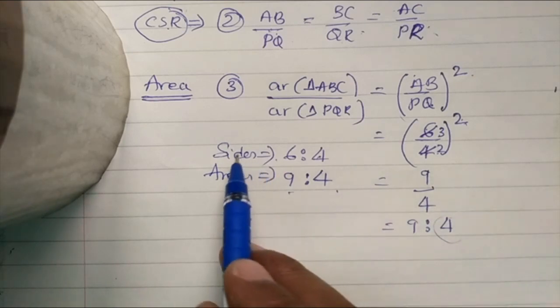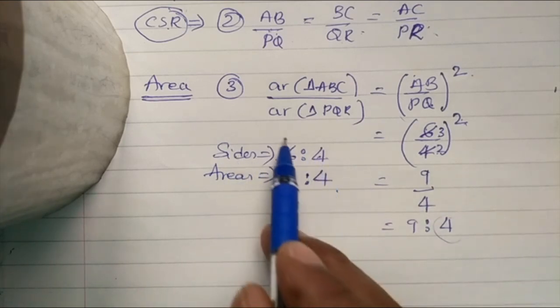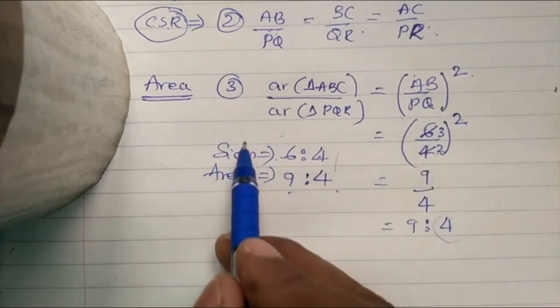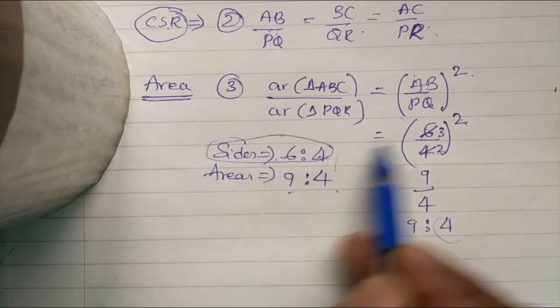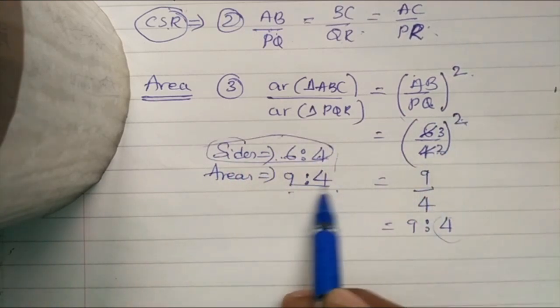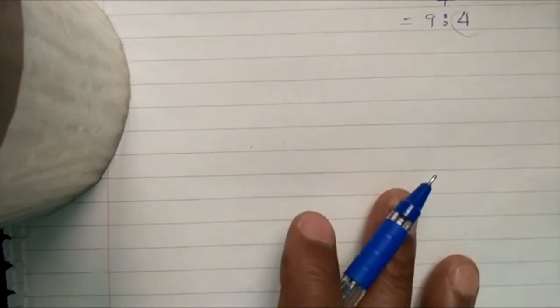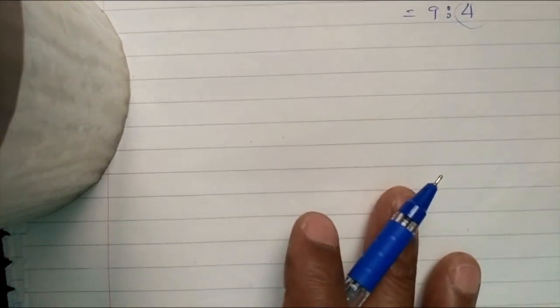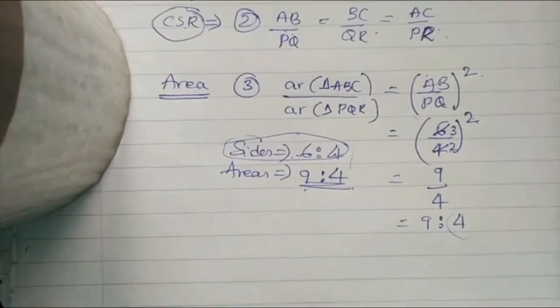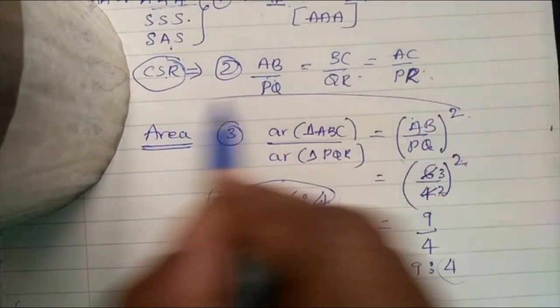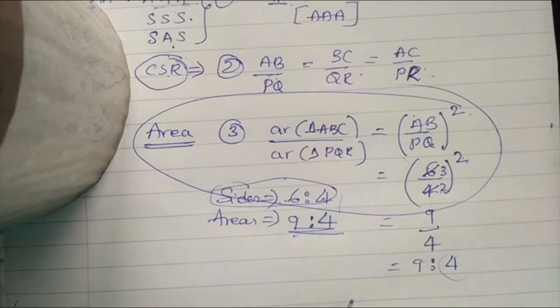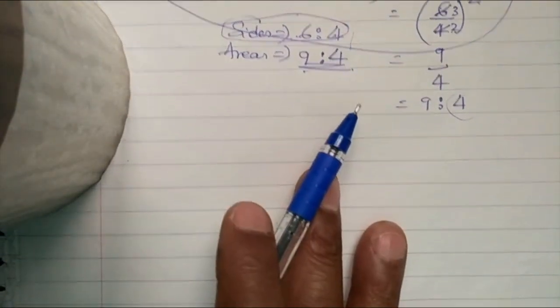It is very simple. If you know the ratio of the sides, go for squaring. For the ratio of their sides, if you square it, the answer you get is the ratio of the areas. So in today's class, let us take some problems. Those problems are mainly based on this concept of area, so we use the concept of area and go for some example problems.